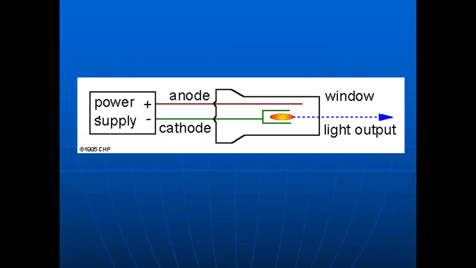For example, I am supplying some power to this cathode lamp. There will be some inert gas there. What will happen? It will be excited. They will move to a higher energy level, and then they will release some energy. So light will come out. This light we use for our regular analysis.